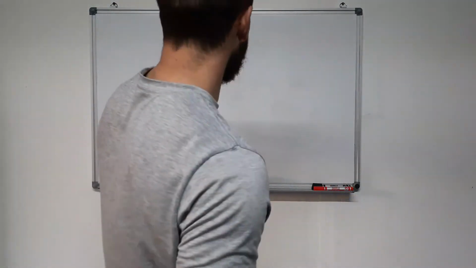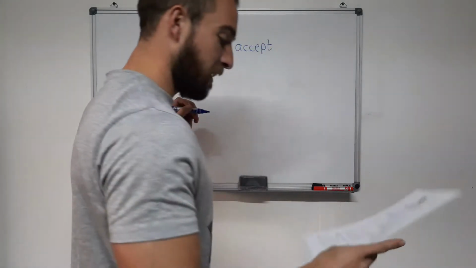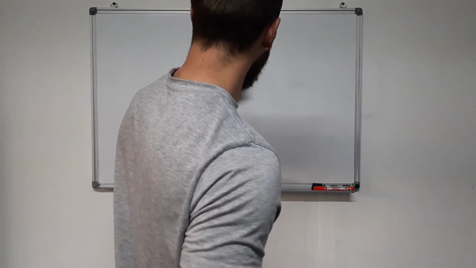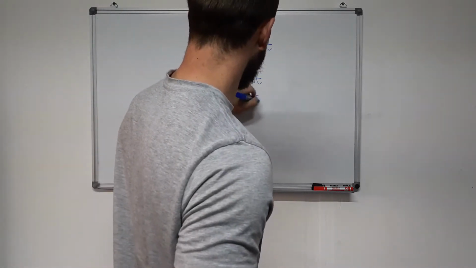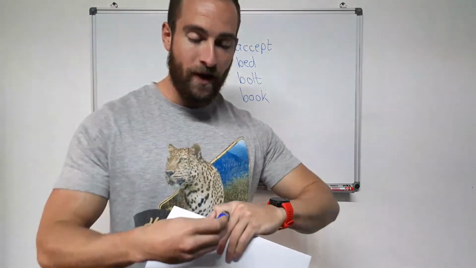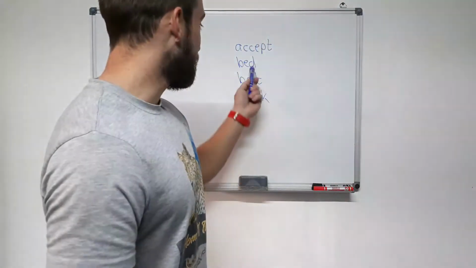Now, some examples that you can write for these were except, I'll actually write these down just so you can see what they are. So except, you've got others like, here we've got bed, bolt, and this one more, book. Okay, so each of those can be used in different ways, which means you will always need a sentence to explain what they mean. Okay, for instance, let's take bed. It can be